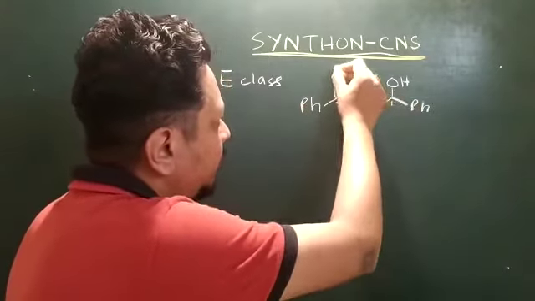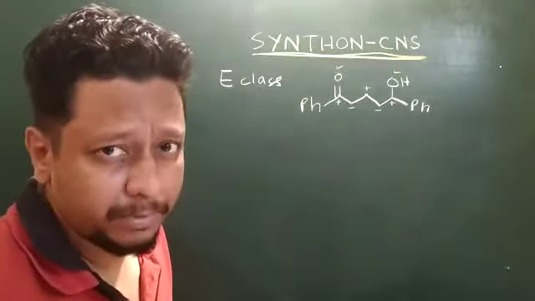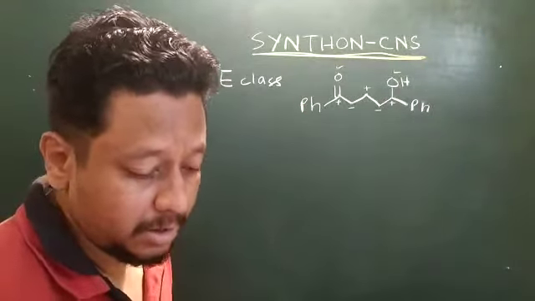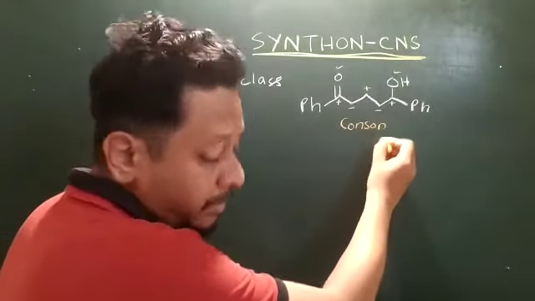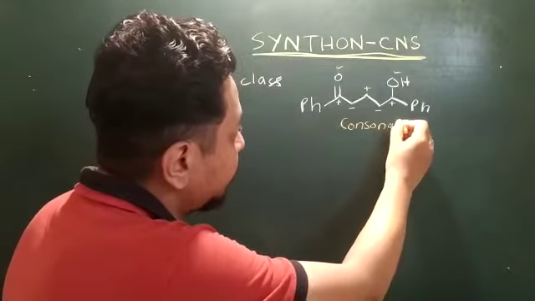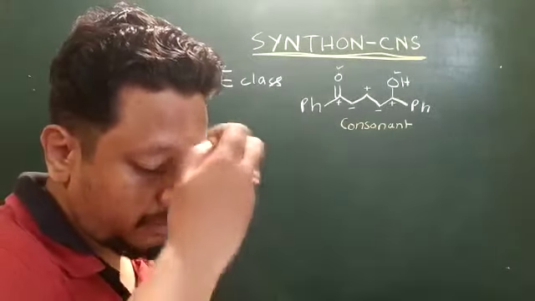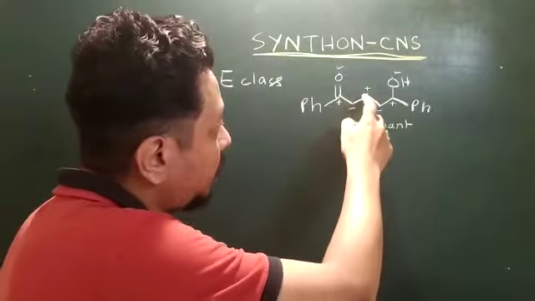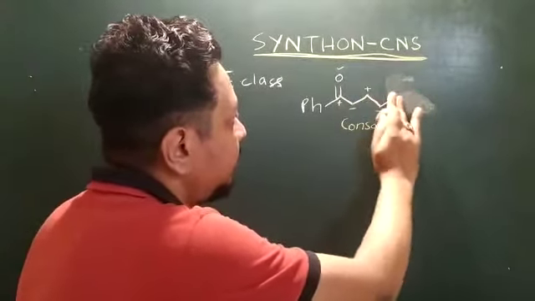minus, this will be plus, minus, plus. Okay, so both the E class having a carbon which is attached to an acceptor synthon, C plus. So this is known as consonant type of structure. But the structure, if it is 1 2 3, so like this, the structure if it is